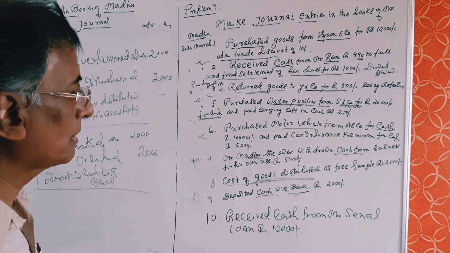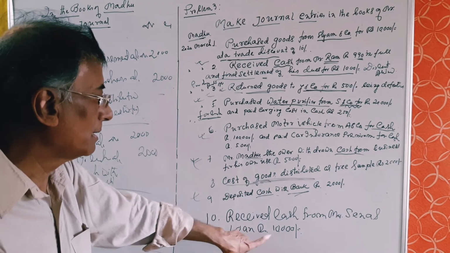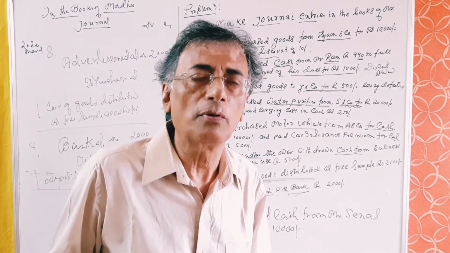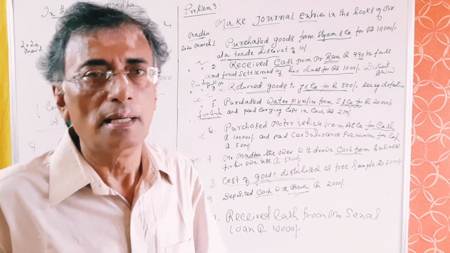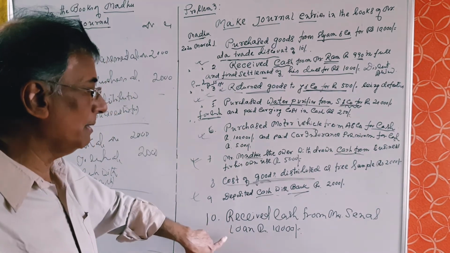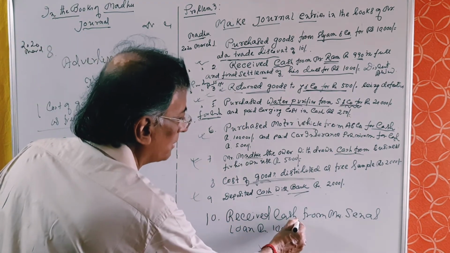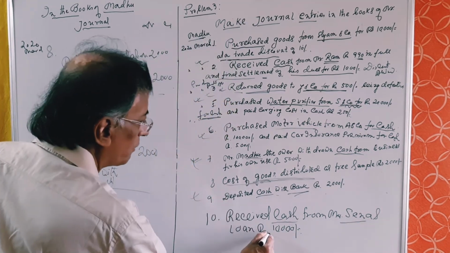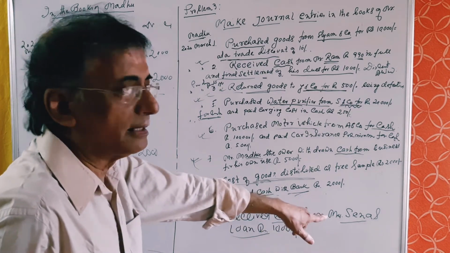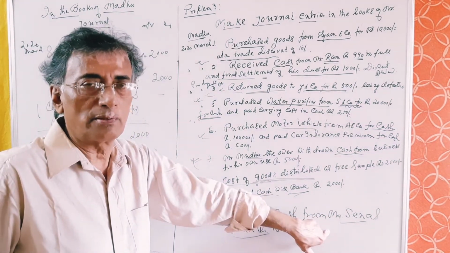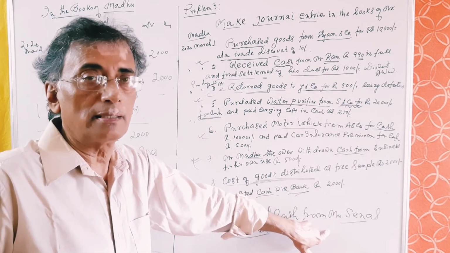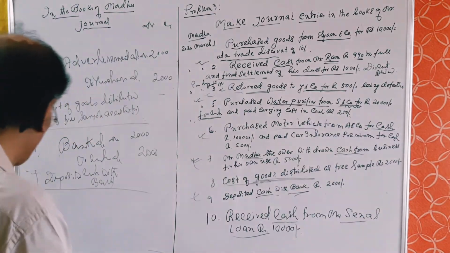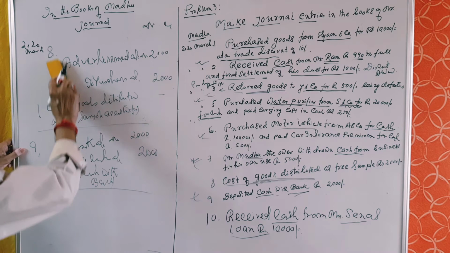Received cash from Mr. Sen as loan, rupees 10,000. Here we are taking a loan. Every business unit, business house takes loans from either financial institutions or any person. Here Mr. Sen is giving a loan to the business unit. So what are the two accounts involved? One is cash account, another one is loan from Mr. Sen account. Mr. Sen is a personal account. He is giving benefit to the business unit, so his account is to be credited as per the golden rules of personal account. And what is coming? Cash. So we should debit cash account. The transaction dated 10th.